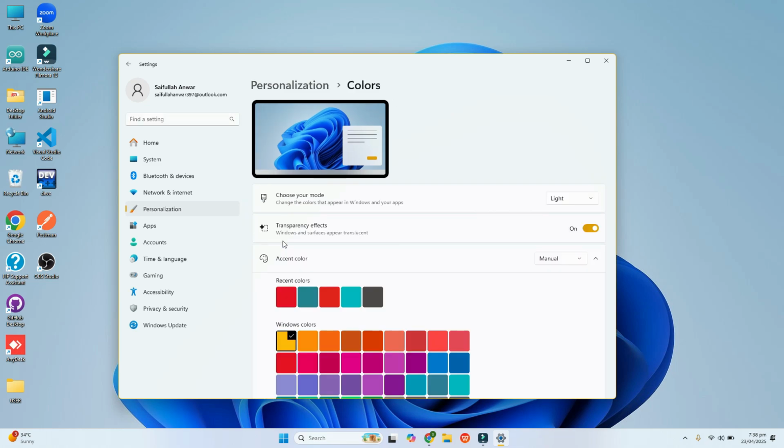Now here you will get this option, choose your mode. Currently I am using light mode, so first you have to select custom mode from here. Click on custom